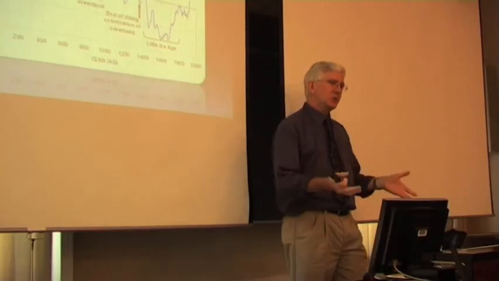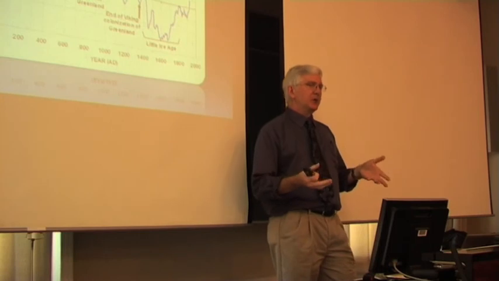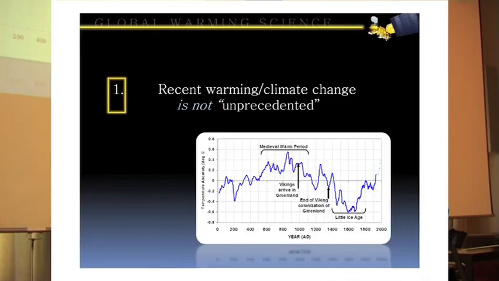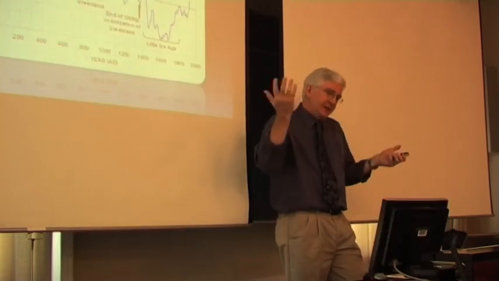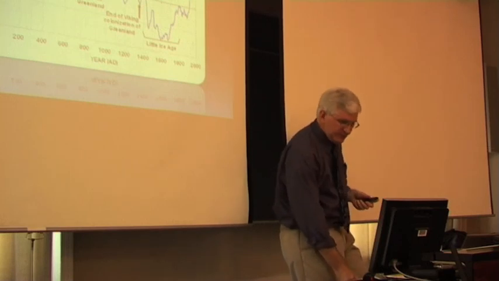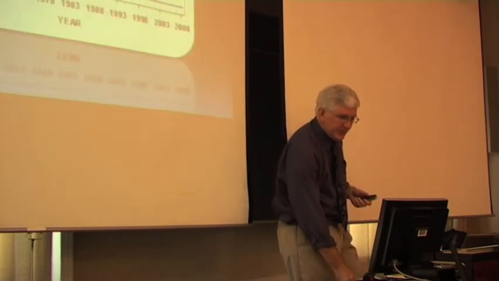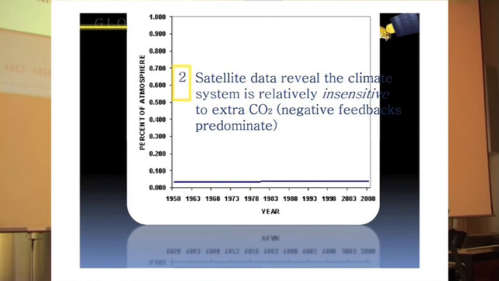The extra CO2 we're putting into the atmosphere is causing some warming. It seems to me that it would have to be causing some warming. So we'll probably have a human addition on top of natural variability. But how much compared to natural variability? I don't know, maybe very small. Satellite data reveal the climate system is relatively insensitive. That means negative feedback, same thing,